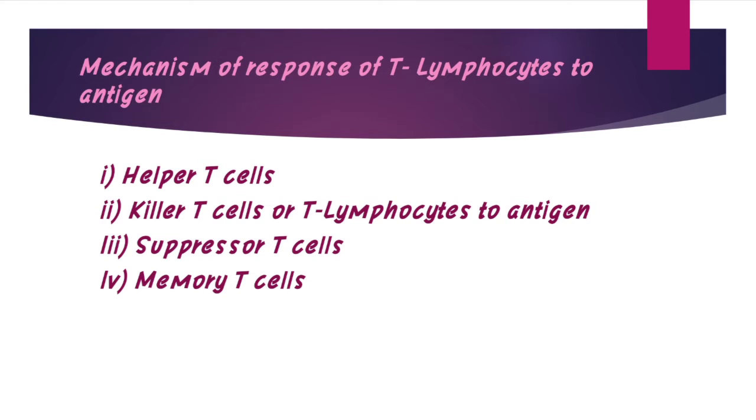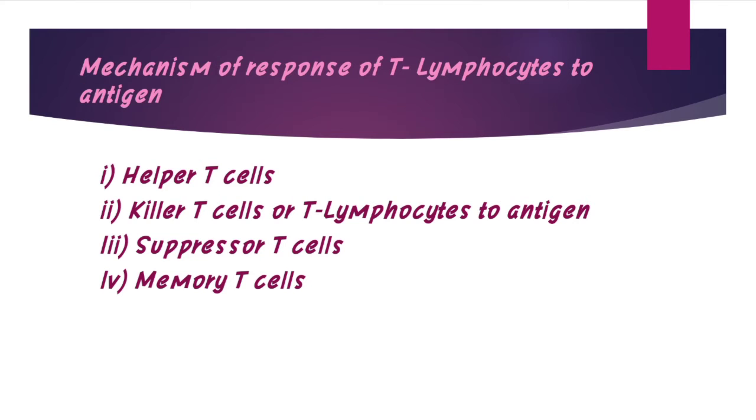These clone lymphocytes are of four types: helper T cells, killer T cells, also known as cytotoxic T cells, suppressor T cells, and memory T cells. Helper T cells, after sensitization, produce lymphokines for performing several types of functions, like proliferation of other T cells, that means multiplication of other T lymphocytes, then stimulation of B lymphocytes and macrophages. These macrophages have very important roles in phagocytosis.